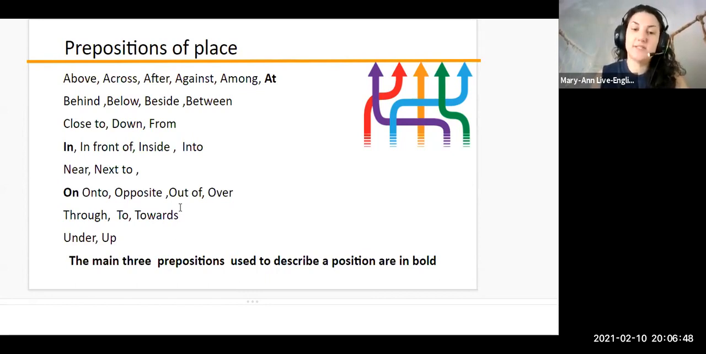And what we're focusing on today is particularly the prepositions that describe a position or a place. And for those, we're going to be talking about at, in, and on. Does anybody have any questions about the prepositions on this slide? Is there one that you have never seen before that you don't know exactly how it's used,